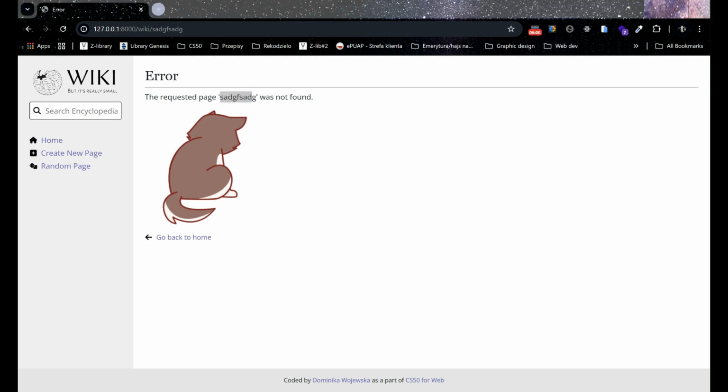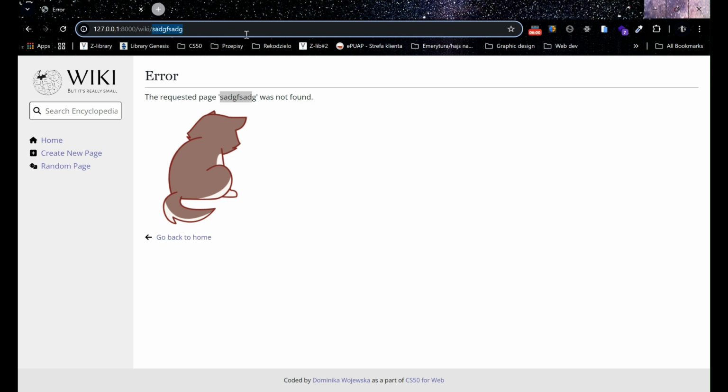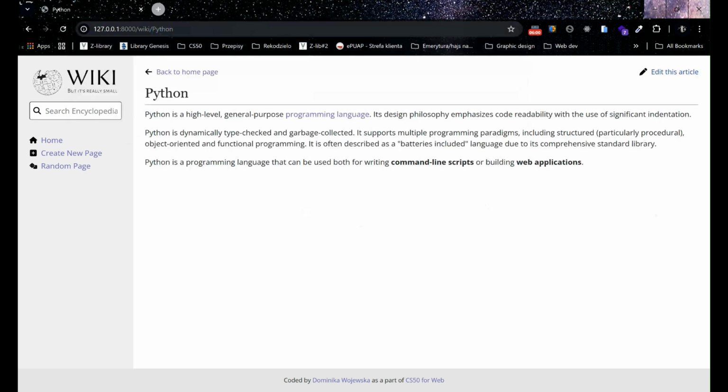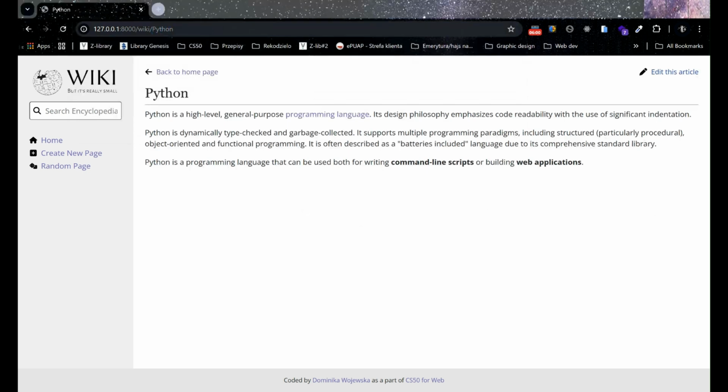If the entry does exist, the user should be presented with a page that displays the content of the entry. So let's try, for example, Python. There it is. The title of the page should include the name of the entry. Then index page. Update index.html such that instead of merely listing the names of all pages in the encyclopedia, let's